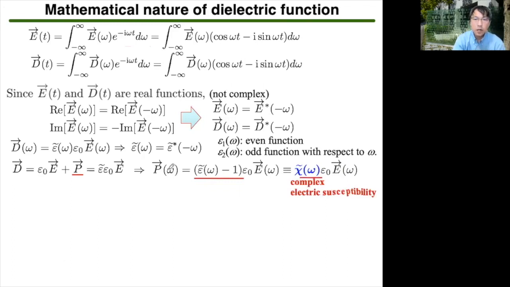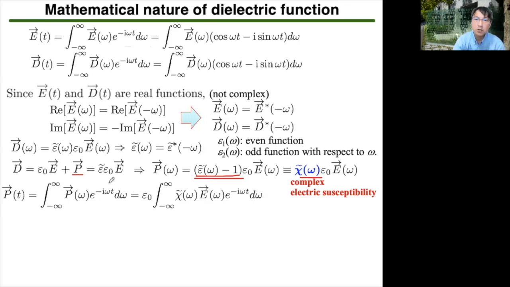Therefore, the Fourier transform of the charge polarization P is proportional to the Fourier transform of the electric field E, where we can define another complex function of the angular frequency omega as chi tilde, which is equal to the dielectric function minus 1. The complex function chi tilde is called the complex electric susceptibility or complex charge susceptibility. The charge polarization as a function of time t is of course expressed as the inverse Fourier transform and further